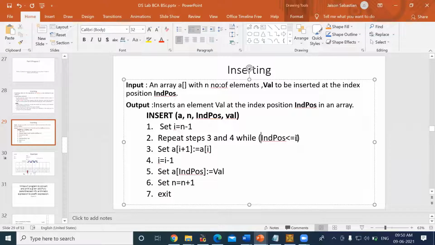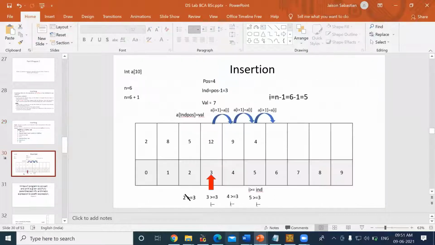When you read from here, I should be greater than or equal to the index position. When you read from the other side, the index position should be lesser than or equal to I. Is it clear? I'm just changing it because in the animation I have given I in the beginning. It is not a mistake, it is the same only, but I'm making it the same way in which I had given the animation.